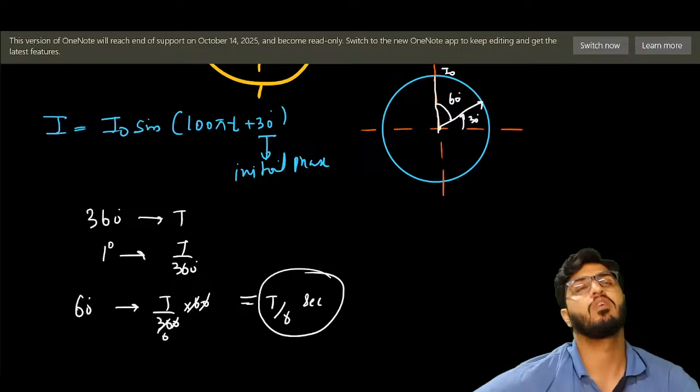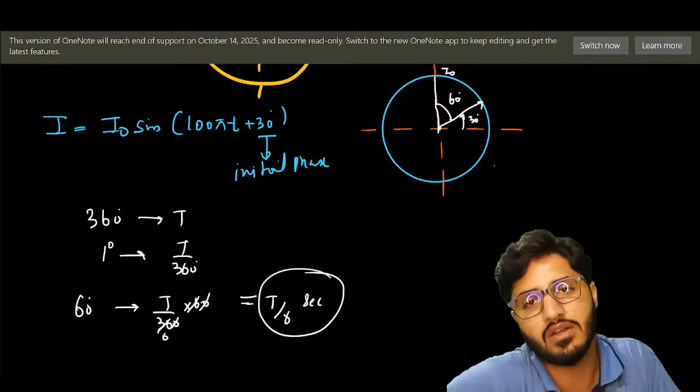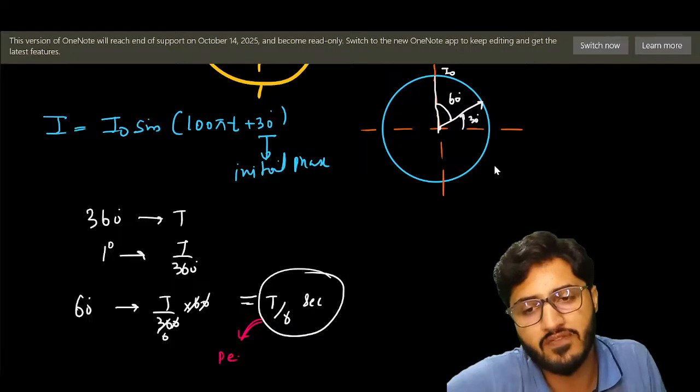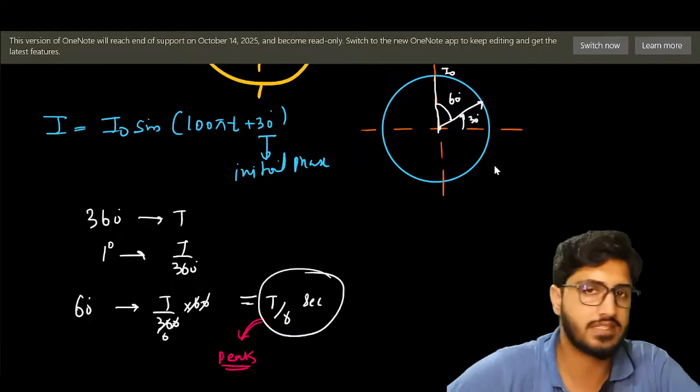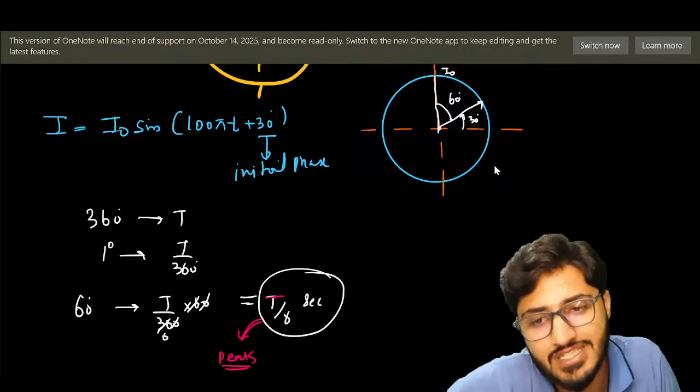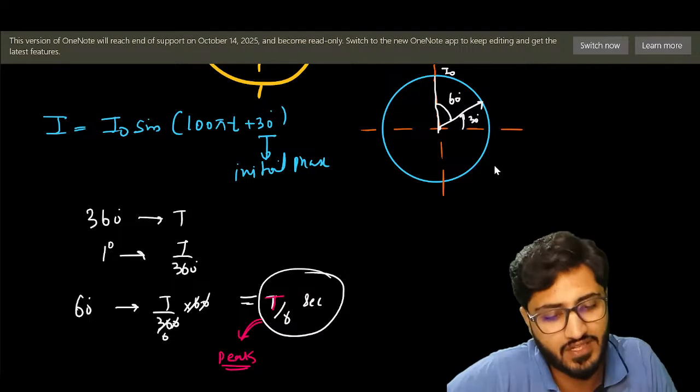Okay, now sir, one more thing is there. Now we got the value. That means this is the time at which I will get my peak value. But here now, one thing is there. T. What is T now? How to get rid of T? One thing is there, right? Look,